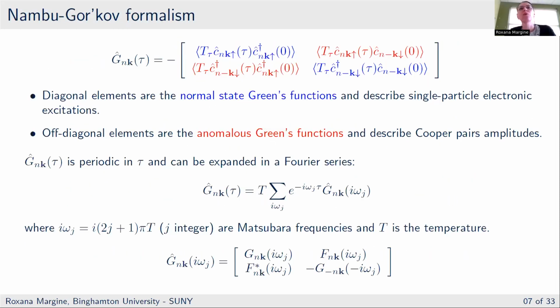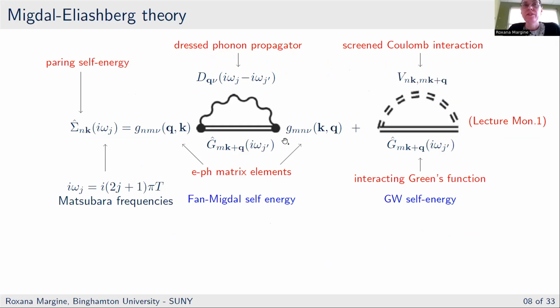So now let's see how, using this formalism, the generalized Nambu-Gorkov formalism, we can obtain the anisotropic Migdal-Eliashberg equation. And in order to do this, we need to start from the pairing self-energy. So the pairing self-energy, as you may recognize, looks very similar to the expression that Feliciano showed yesterday in the normal state. But now both the pairing self-energy and the Green's function are 2x2 matrix elements. So the first term describes the electron-phonon interaction, and is nothing else but similar to the Fan-Migdal self-energy,